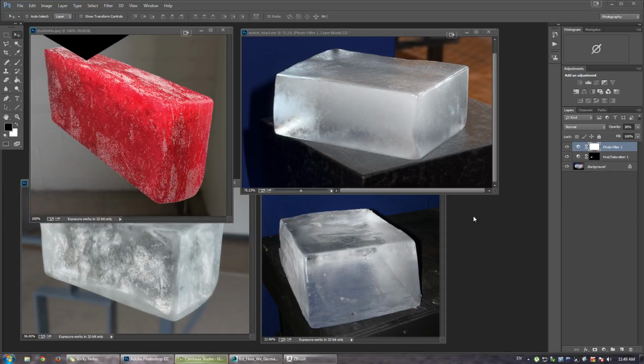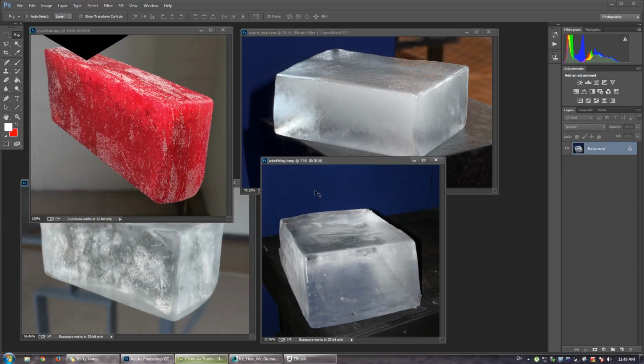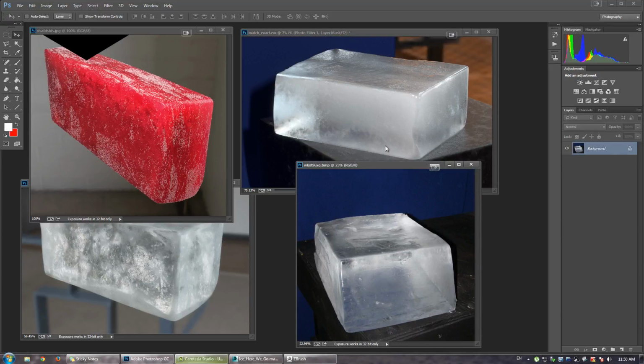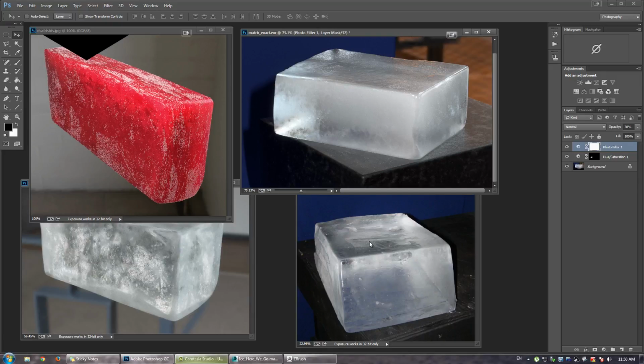So let's get started, and you'll see that on my Photoshop screen I've got up a few different examples. Now don't freak out too much. On the bottom right here is a photo, and above it is my attempt at recreating that. And even though I haven't got it perfectly exact, the scene does have all the elements there that are visible in this reference shot, just like in all the previous lessons we've done where I've gone in and matched different properties. I'm just going to break this lesson down, explain the different elements that make up the shader, and we can get started with a simple scene like this, and I'll show you how to get all the fog in,